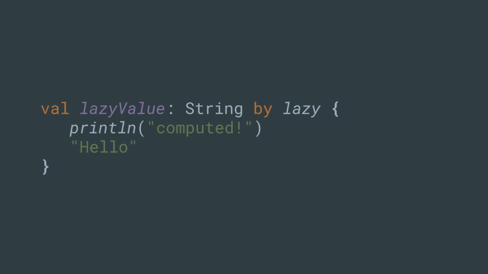Lazy is an object given by Kotlin's standard library that ensures, in a thread-safe way, that the first time the get method is called, it will lazily run that code. So only the first time that you actually do a get on that property will this be computed. It ensures that this is only run once, and that after it's initialized, you just access it as a normal property.